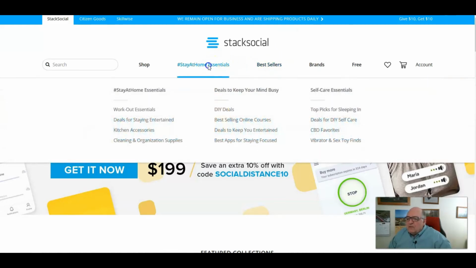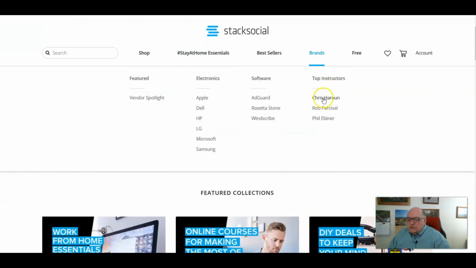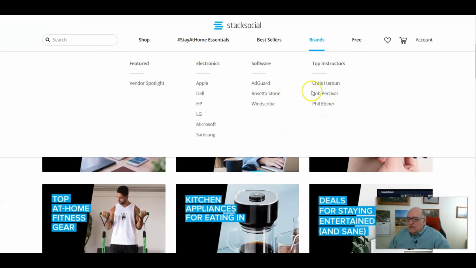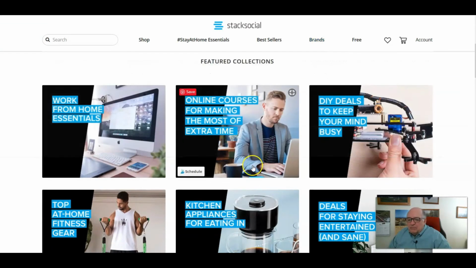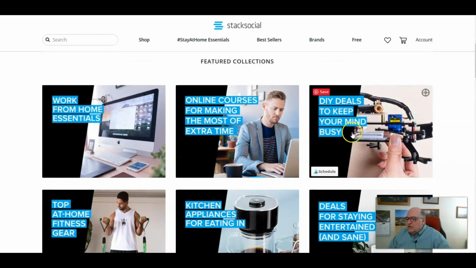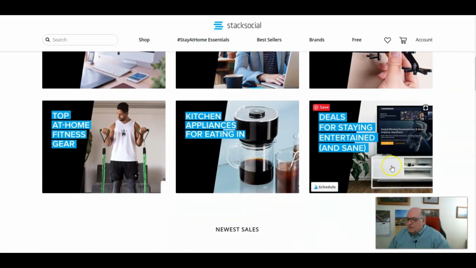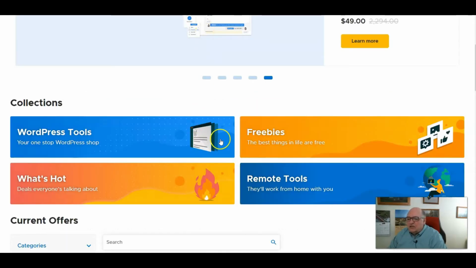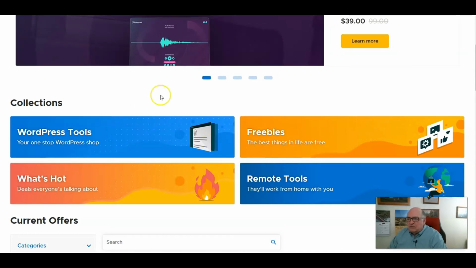Now, here's something called stay-at-home social deals. And there again, this is the technology that I was talking about. These are technology type deals, things that aren't online business building, but more with technology, with at home. I know that AppSumo has at home type products, but not as much. This is more technology and building your business type tools, apps like that.